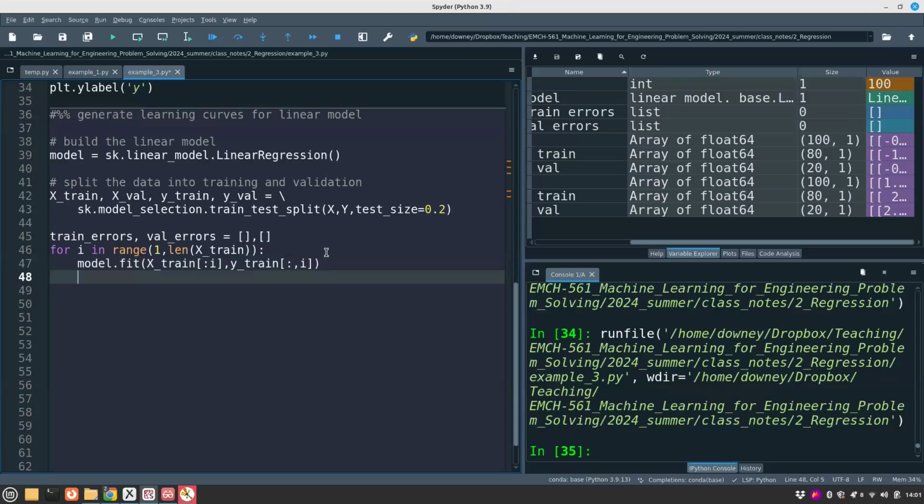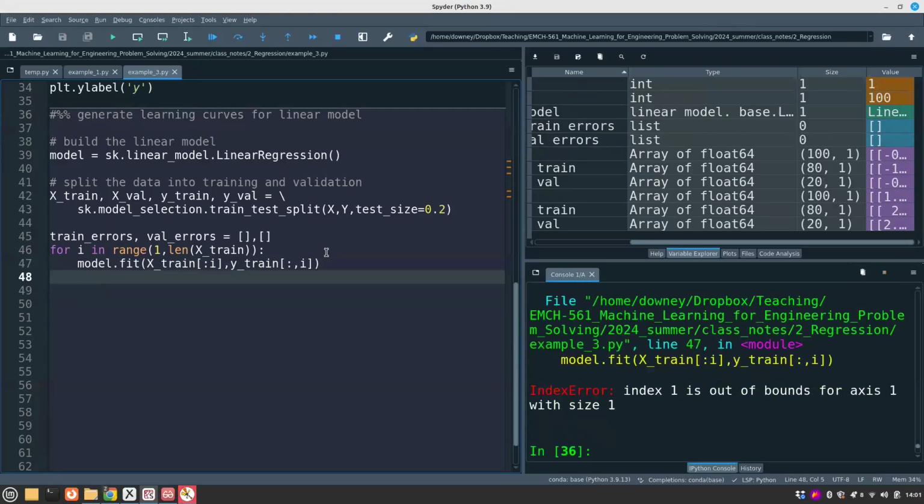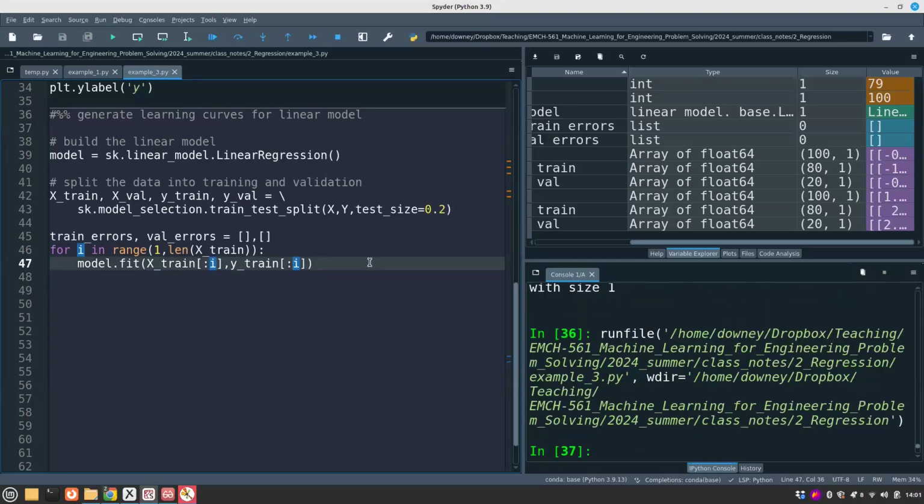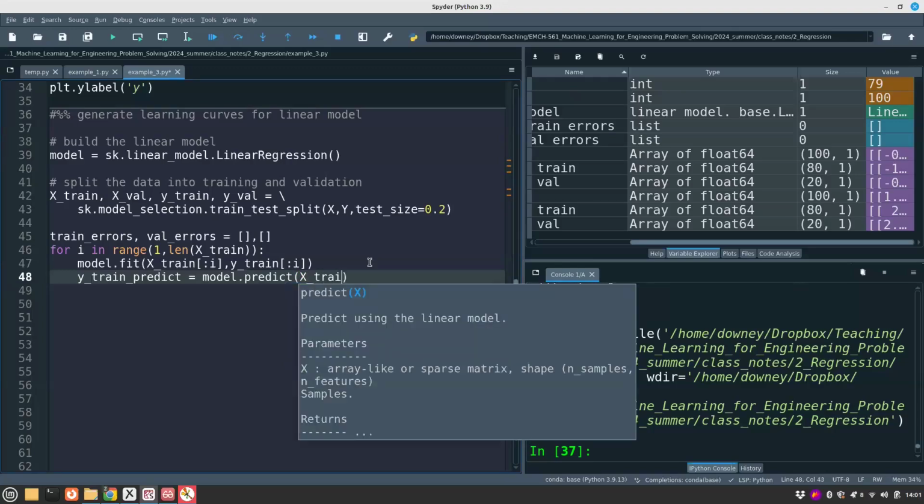Now I need to predict. Next one out of bounds. Okay, yep, not a comma, sorry. All right, so it's running, so it's not throwing me any errors, so I'm just going to keep moving on. y_train_predict is equal to model.predict X_train comma colon i,